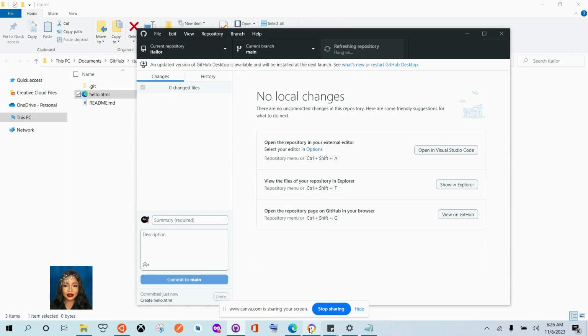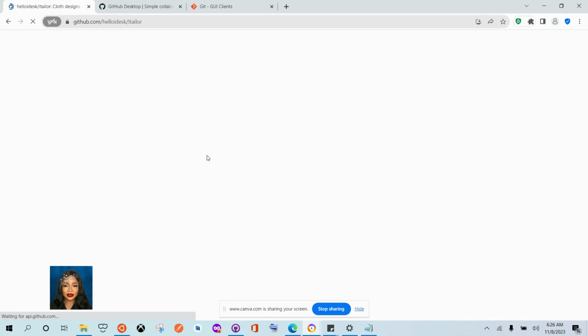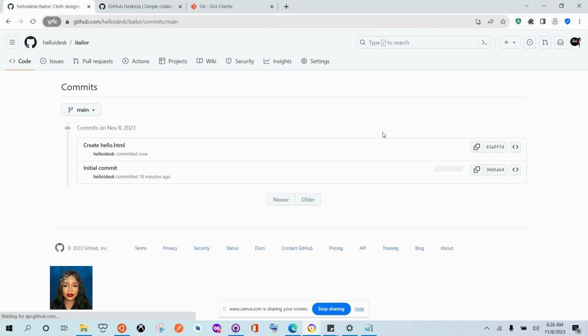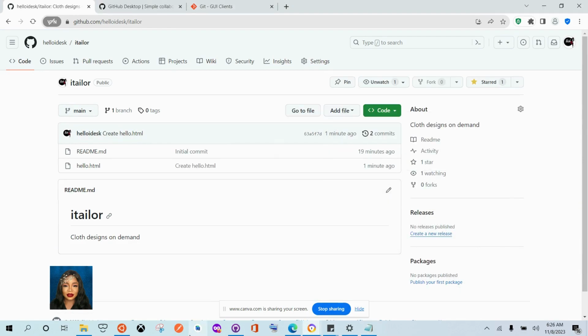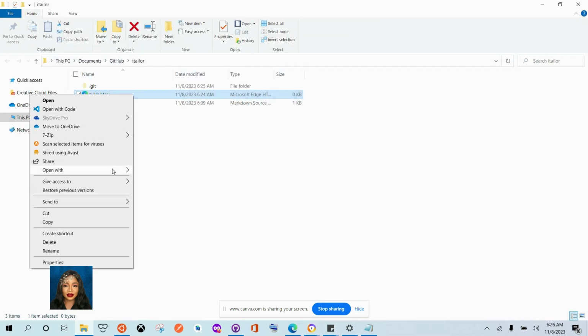What we need to do is to get back to our code instance, our cloud instance, and do a refresh. So here we go. We have hello. Right here, you can view the commit trend. Let's say maybe your database guy or girl did something and it just streams here. If I make any changes on this file locally, where is it? Let's say, okay, I want to start coding. I want to open this with,